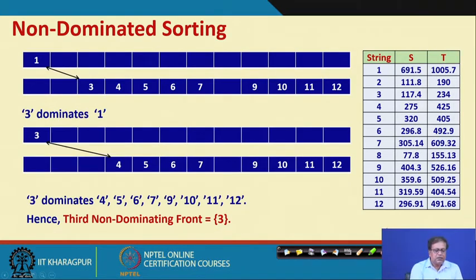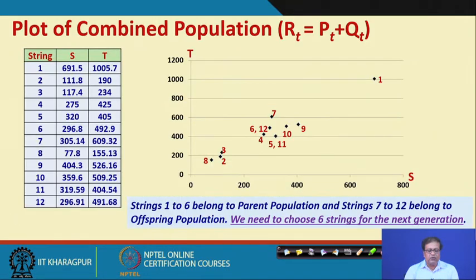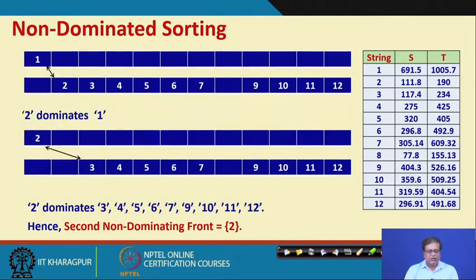Now, if I see 3, 3 dominates 1 and 3 also dominates all the others. So, it is coming exactly true. You recall what I said, that 8 comes first, then 2, then 3. So, 8 is in the front 1, 2 is in the front 2, 3 is in the front 3. You see, it is not like in the previous example where we got 4 of them in the first front itself. Here it is not like that. 8 is a clear winner, and taking out 8, 2 is a clear winner, taking out 2, 3 is also a clear winner. So, that is the front 1, front 2 and front 3.